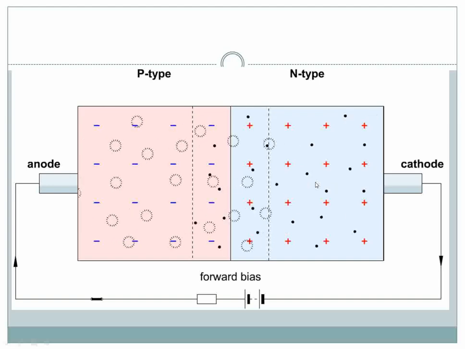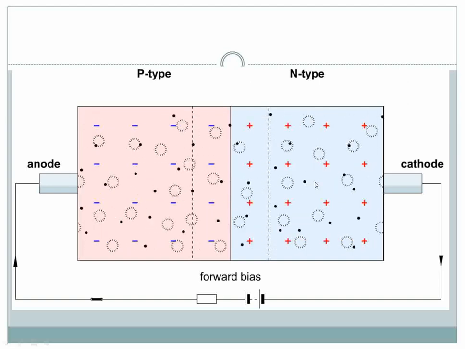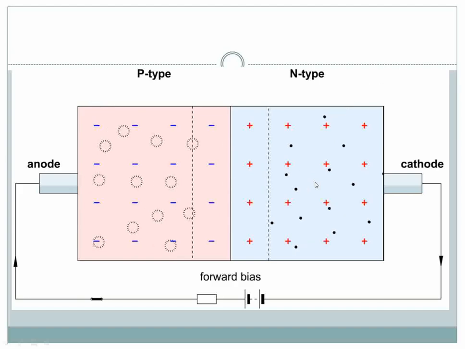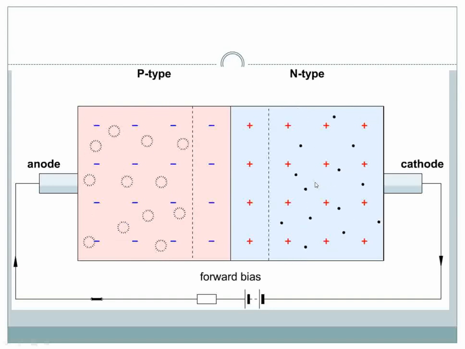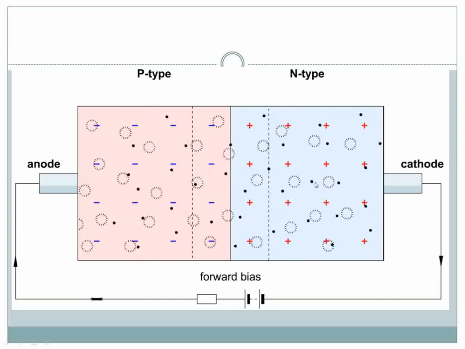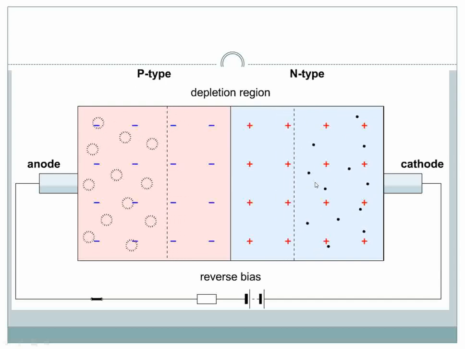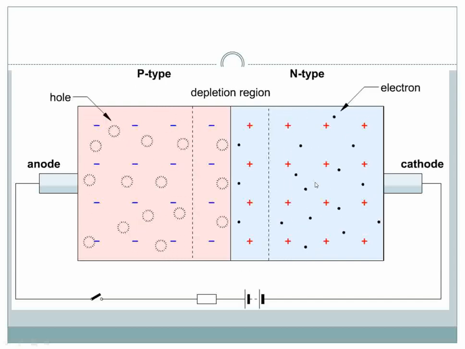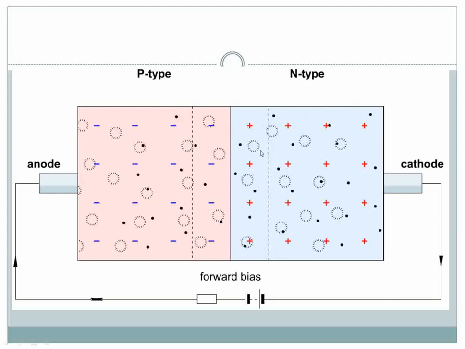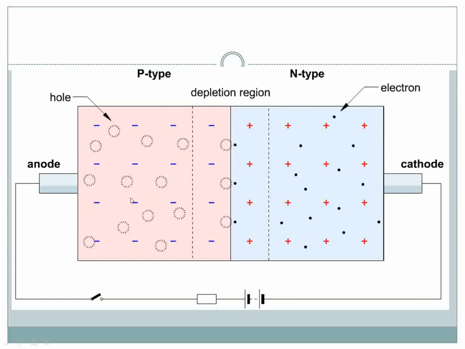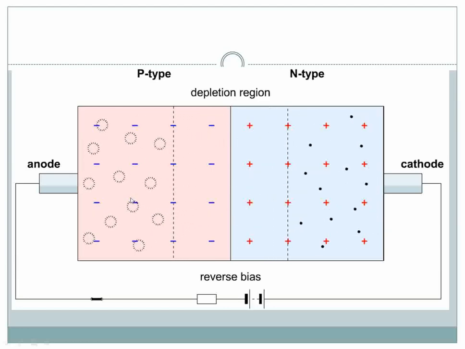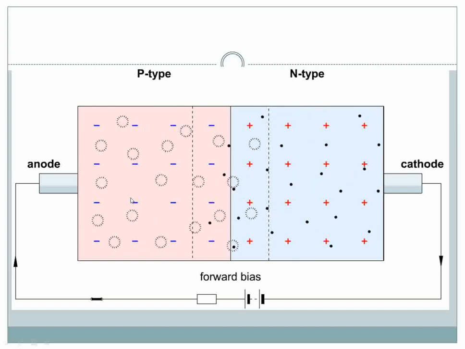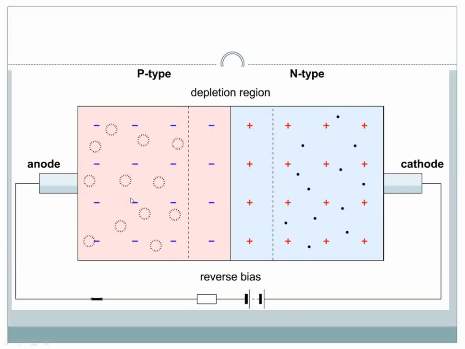We can clearly see the operation of the p-n junction diode in the forward bias. The diode anode terminal is connected to the positive terminal of the battery and the cathode terminal is connected to the negative of the battery, so that the diode can operate in forward bias. We can clearly see the animation of the forward bias. If the anode is connected to the negative of the battery and the cathode is connected to the positive of the battery, that is called the diode operating in reverse bias.